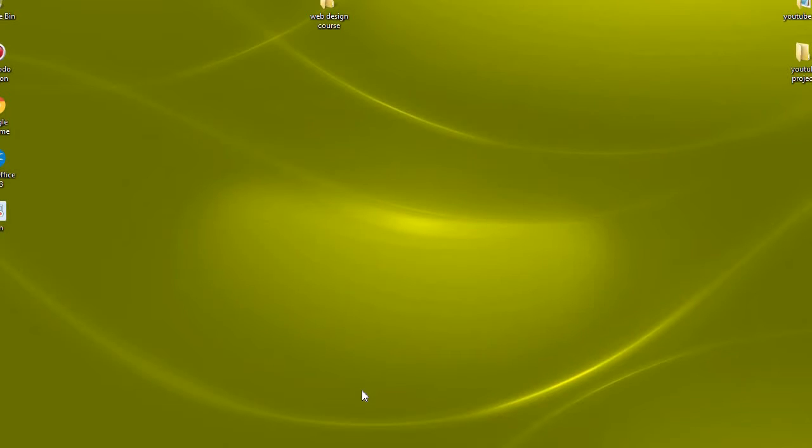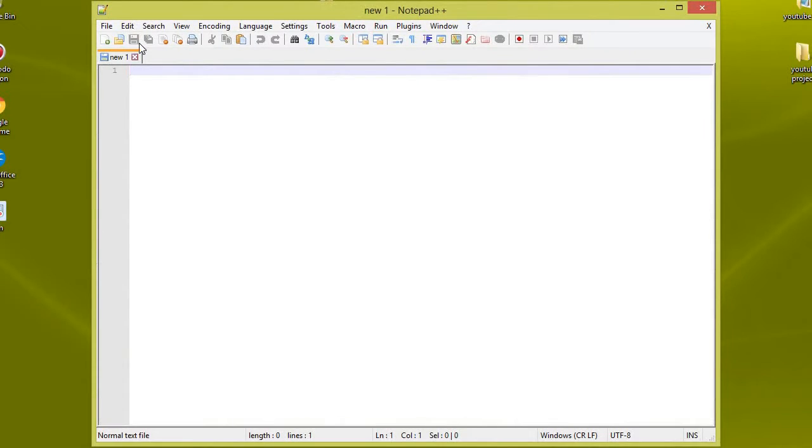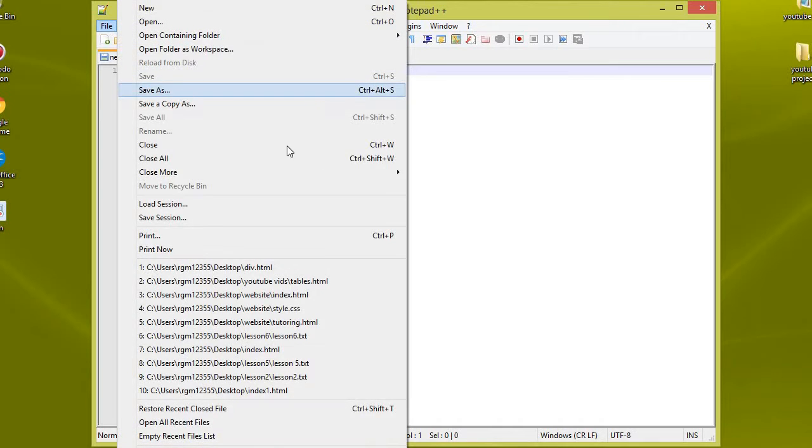HTML button tutorial. I'm going to start by opening my Notepad++. You can get Notepad++ for free off the internet. Just go to Notepad++ and click on the appropriate download link. And I'll start by naming this as